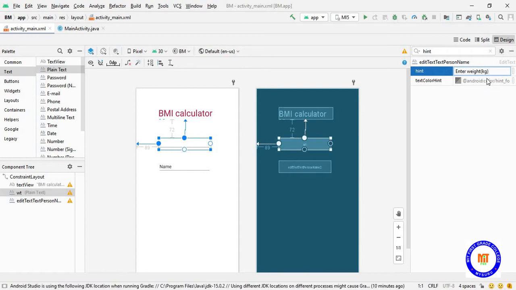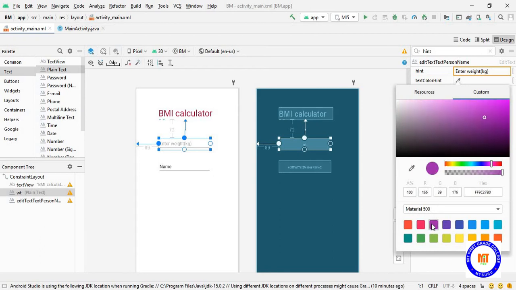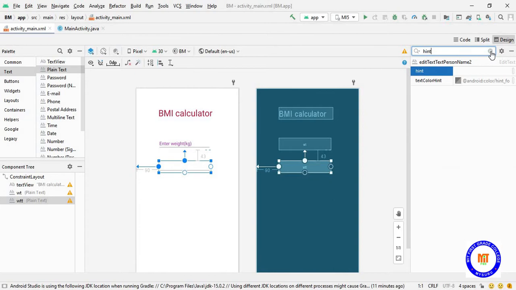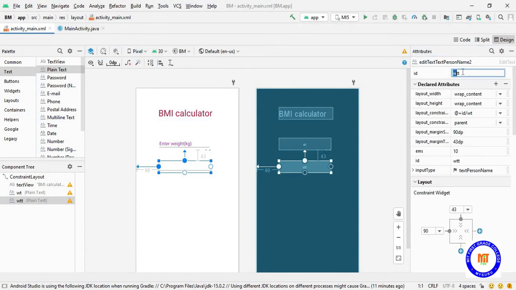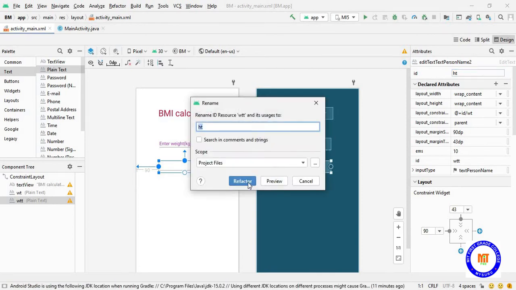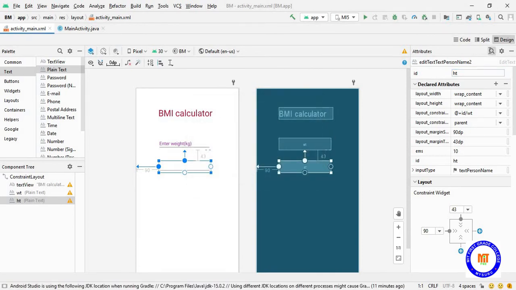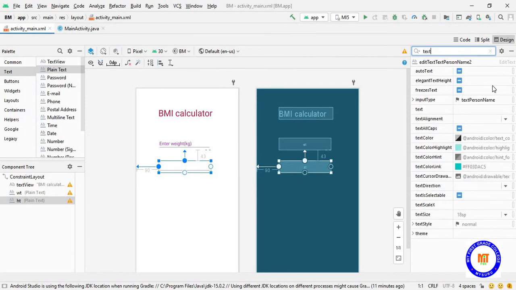Next I'll change the hint color. Let it be purple. Now I'll change the ID as HT. Click on refactor. Now I'll change the text. I'll make the text empty.